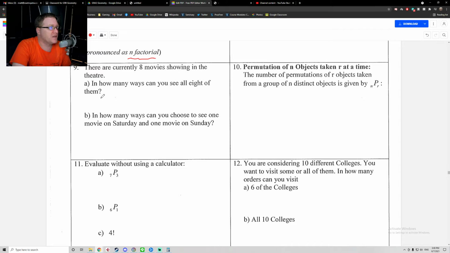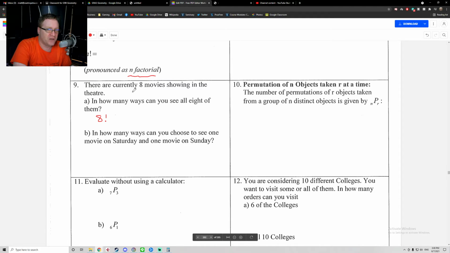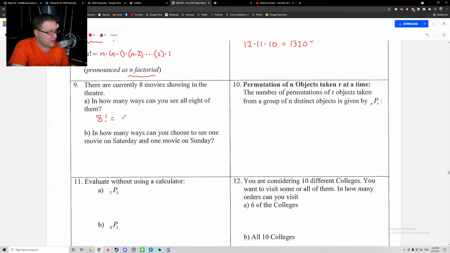Well, again, how many different permutations of 8 objects are there? 8 movies, all right? If there's 8 movies, A, B, C, D, E, F, G, H, we could watch movie H first, and then movie G, and then movie B, and then movie A. How many different ways could we watch the order of them? Well, it's 8 factorial. All right, and if you use a calculator to calculate that out,